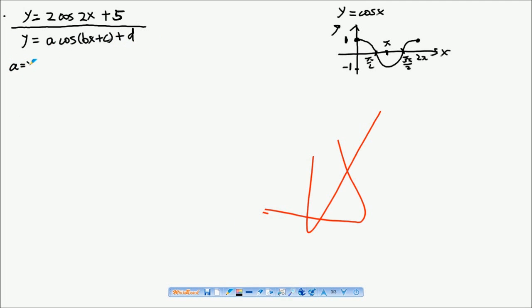A is 2, and B is also 2, C is 0, and D equals 5. So your amplitude is 2, and the period, which is 2 pi in the standard graph, divided by b here, which is 2, well,